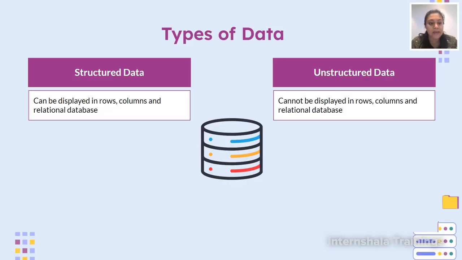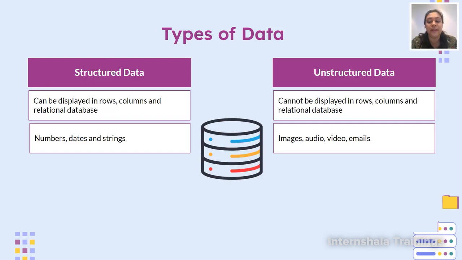Okay? Secondly, structured data can be numbers, dates, strings, because it is kept in a row and column-like structure, and you know that inside it, the data can be what? Either numbers, text, or dates, right? But when I talk about unstructured data, what can it be? Images, audio, video, emails. So images, you can see the image, but you don't know what data it is carrying inside it, right? It can be some megahertz, millihertz, or some amount of KB. What is the size of the data? We don't actually know that, right? We just see the image, we just see the audio, we just see the video. But what is inside that particular video or image or audio, we don't know about it, right?